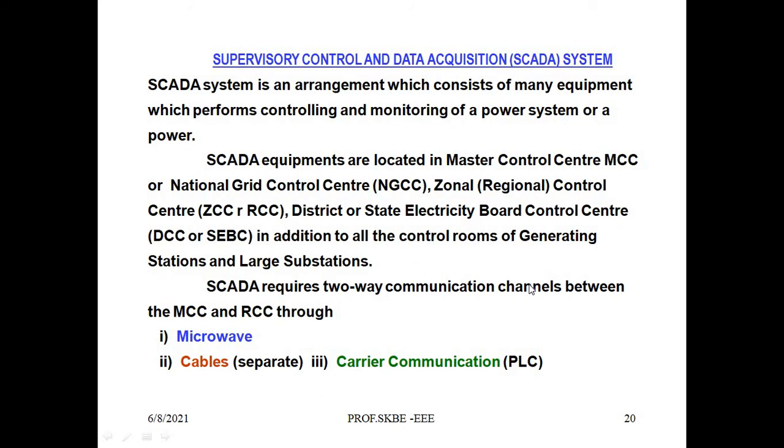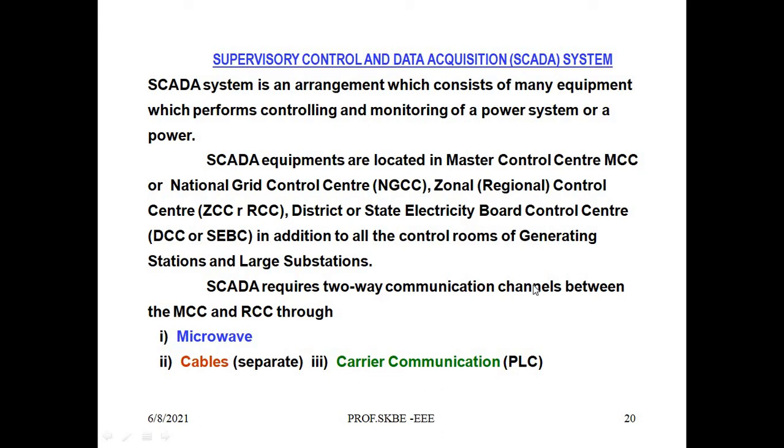Supervisory Control and Data Acquisition, the SCADA system. A SCADA system is an arrangement which consists of many equipment, which performs controlling and monitoring of a power system.